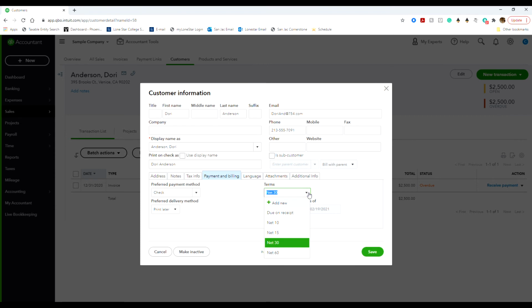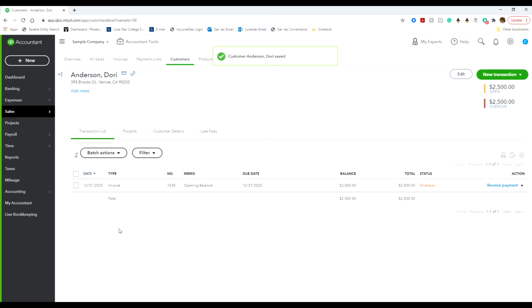Again, you have due on receipt, so as soon as they get the invoice, it's due. Then we have all these different nets, just how we would like to do it. Okay. After that, we're going to click the Save button. This is going to change all of our information, and then we're going to go to another customer called